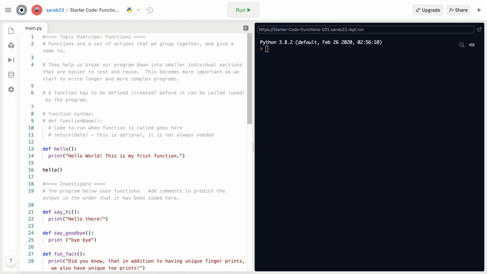So functions are a set of actions that we group together and give a name to. They help us break our program into smaller individual sections that are easier to test and reuse. This becomes more important as we start to write longer and more complex programs. A function has to be defined, meaning it has to be created, before it can be called or used by